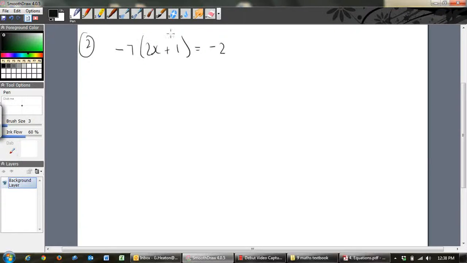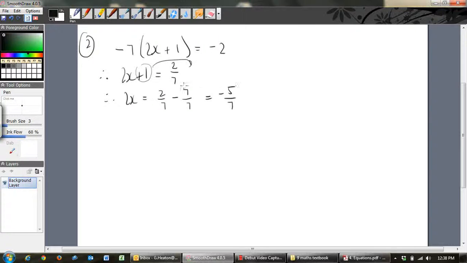Okay, so again you could go either way. I prefer just to take the 7 over straight away, but to be honest it really doesn't matter. In fact I'll do it that way. So therefore 2x plus 1 is equal to, divide both sides by negative 7 and you get 2 sevenths. Okay, 2 divided by 7, or negative 2 divided by negative 7. The 1's going to the other side, so it's going to be minus 1. So you get 2 sevenths minus 1, which is minus 1 is 7 sevenths,